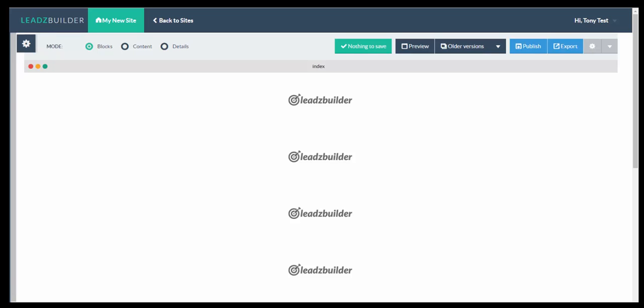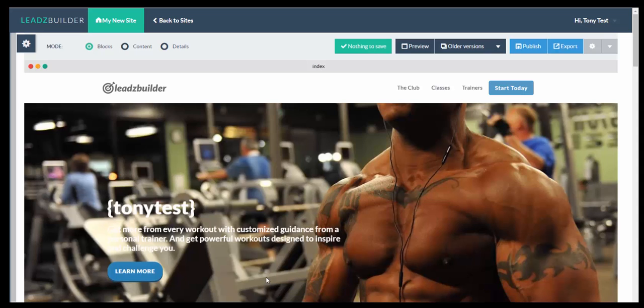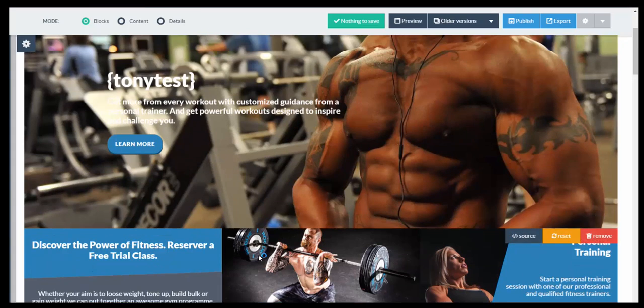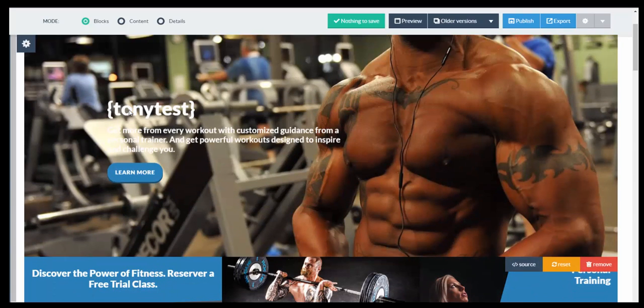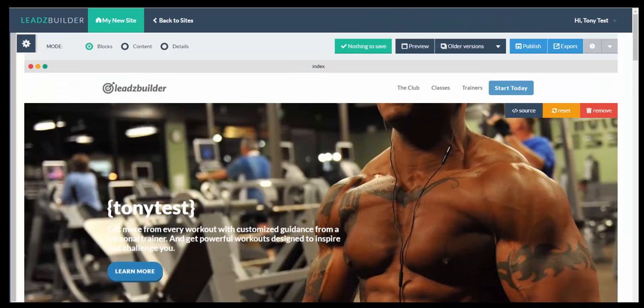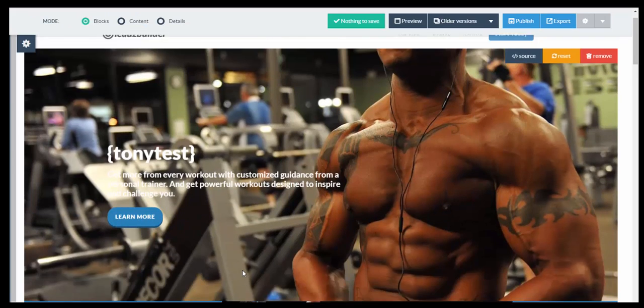Just taking a couple of seconds to load, guys. There we go. So, as you can see, we've put that shortcode in here. Now, once you've placed the shortcodes where you want them, where you feel they're appropriate, and as I say, they're going to make sense to the reader, to the visitor to the site, in the content,